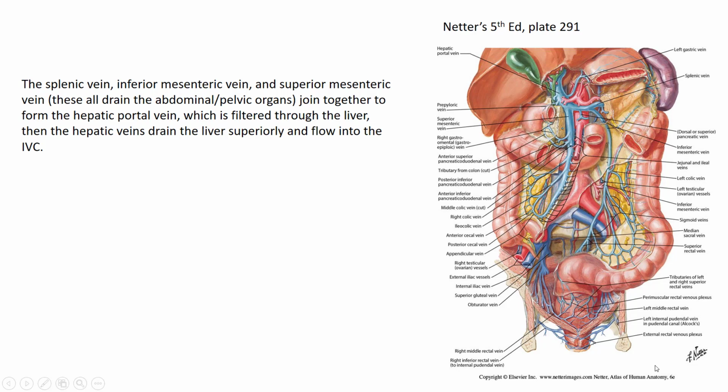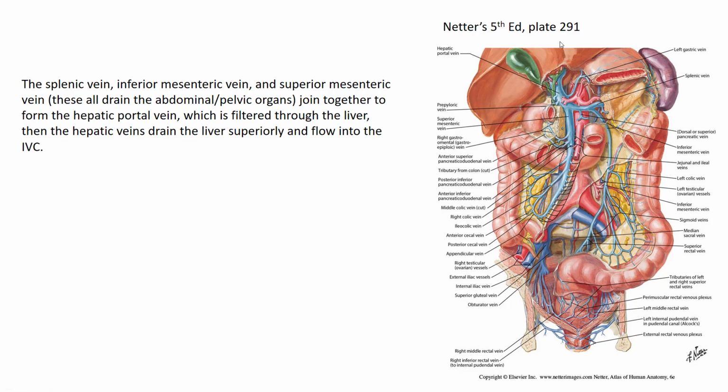So I want to do a quick review of how the blood is drained from the abdomen and pelvis. So you've got the splenic vein coming across from the spleen here, and then it joins up with the inferior mesenteric vein, and together those two join up with the superior mesenteric vein, and that becomes the hepatic portal vein. So the hepatic portal vein goes into the liver at the portal triad and is filtered by the liver, and then the hepatic veins drain the liver superiorly and go into the IVC,